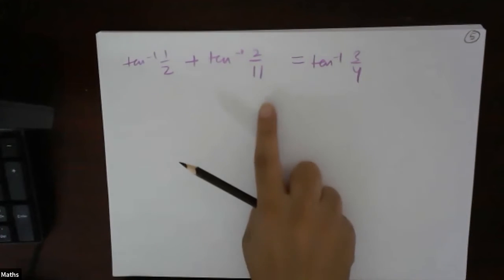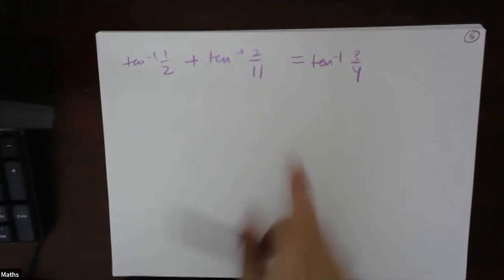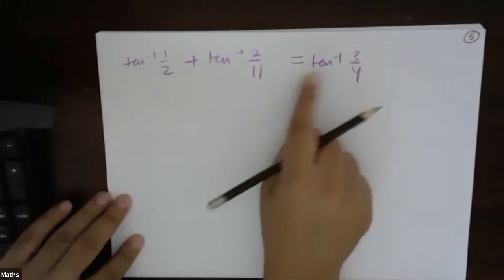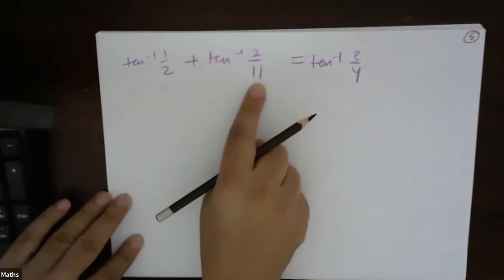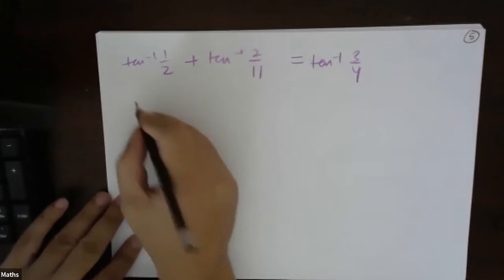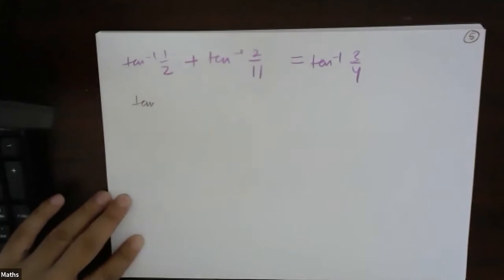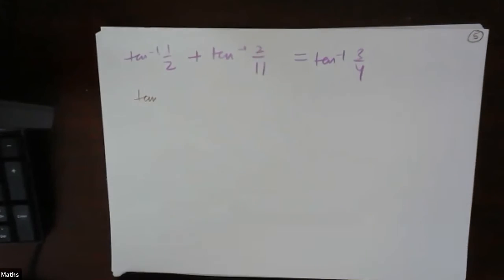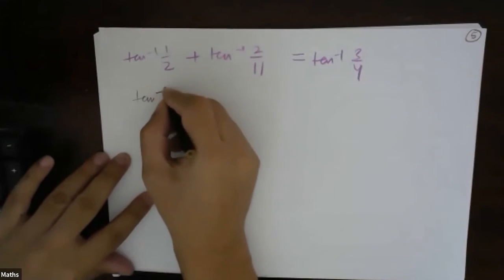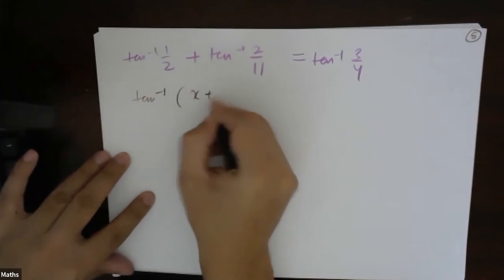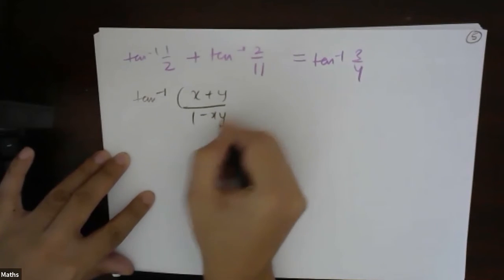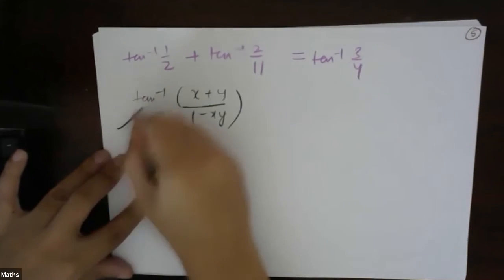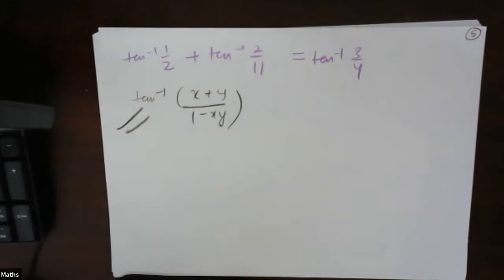Fine. Everybody understood this one, right? Very good. Now write one more question. So this was your NCERT question. A into B is less than 1. So we will simply use tan inverse of x plus y upon 1 minus xy, and you will get this result, right? This is very simple. This is from your NCERT, right? One more question.